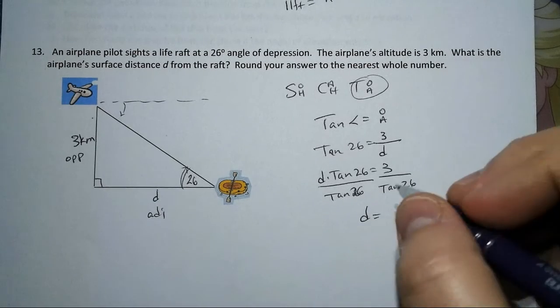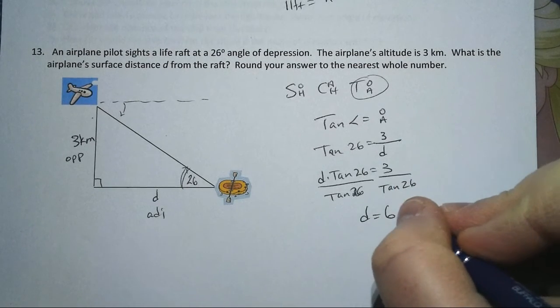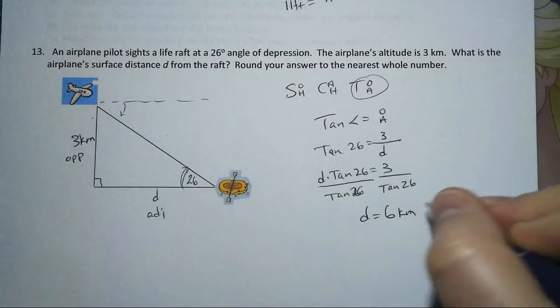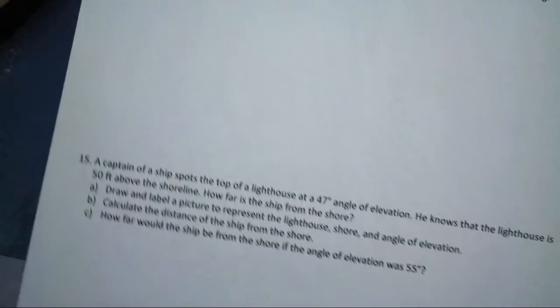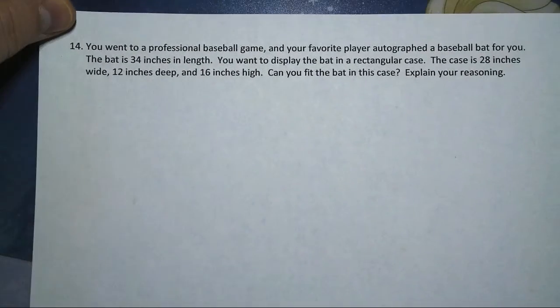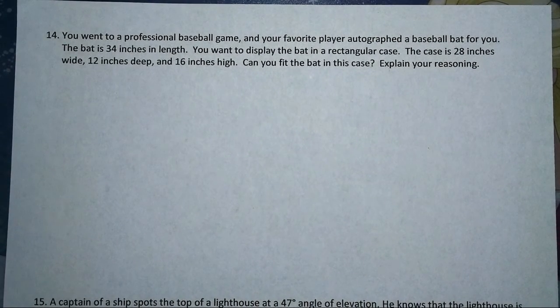And we're going to end up with the nearest whole number. This is 6.1509, so this is just 6 kilometers. All right, last question. Almost done here, guys. 2 questions left. All right, you went to a professional baseball game, and your favorite player autographed a bat for